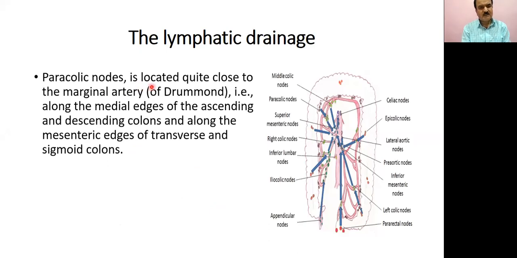The paracolic nodes are located quite close to the marginal artery of Drummond, because these